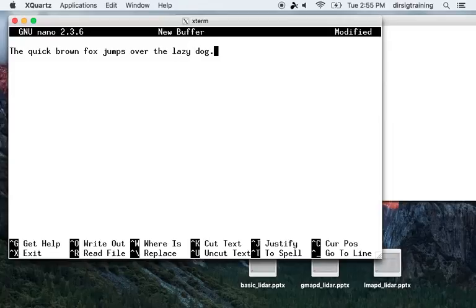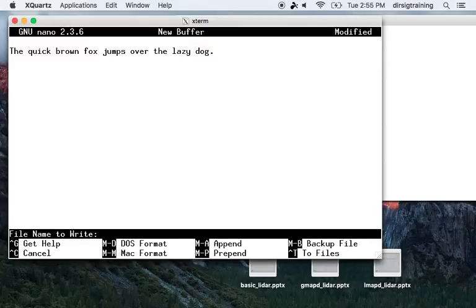See, I'm already typing VI commands here. Control X. Yes, and then